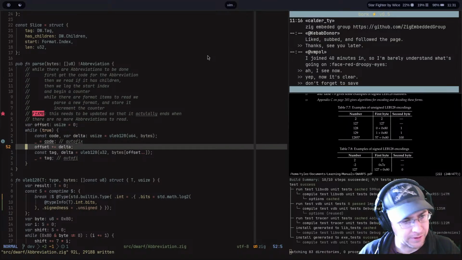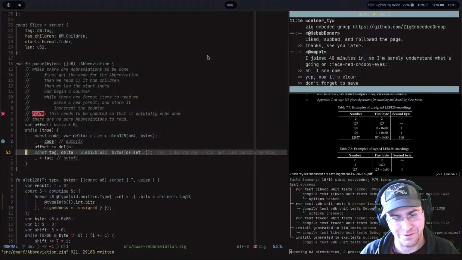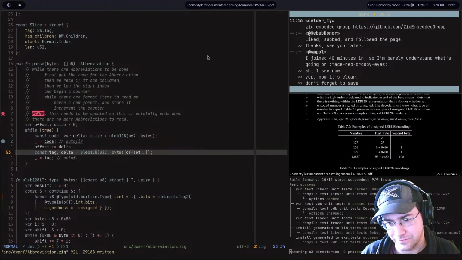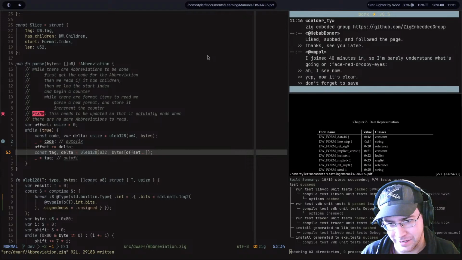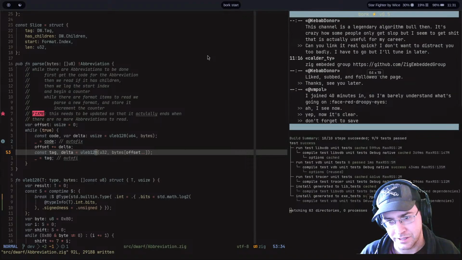Okay, so now that we've got that parse there, we can go back to parsing the actual abbreviation table. So this whole little runaround was because when we're parsing the abbreviation table,